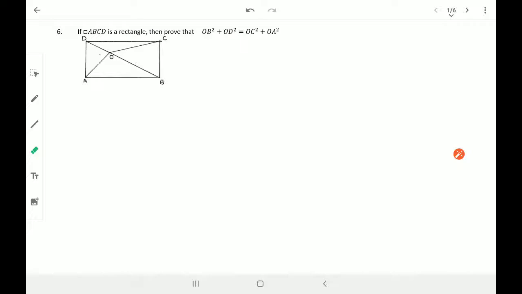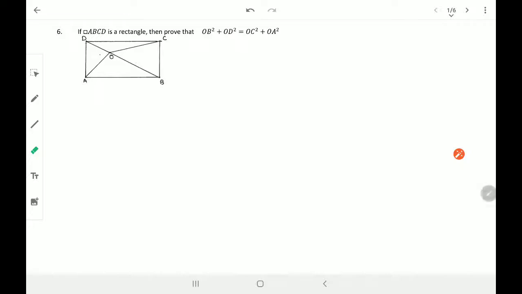We are working on Pythagoras theorem. One question I asked you yesterday to solve all by yourself, looking at the solved question in the textbook. The reason was that you get some basic idea for solving this particular question. I hope you must have done it, or else now I'm going to teach you. So let us understand what exactly I have to prove and how I'm going to do that.